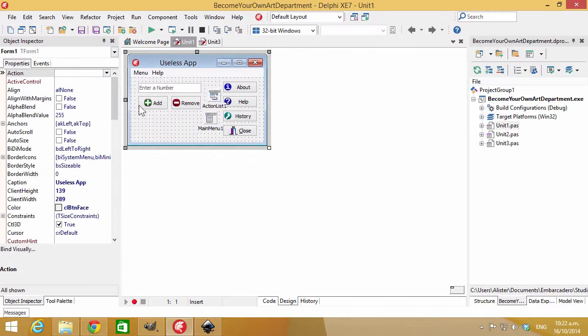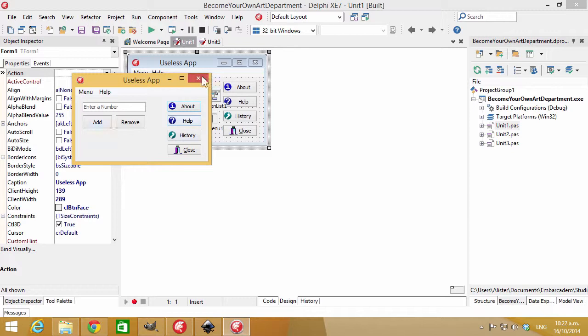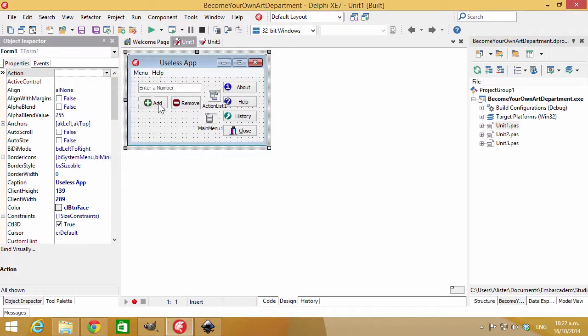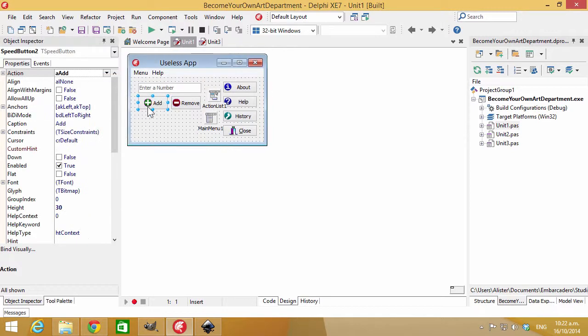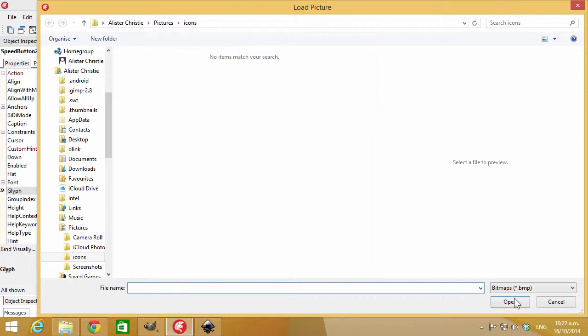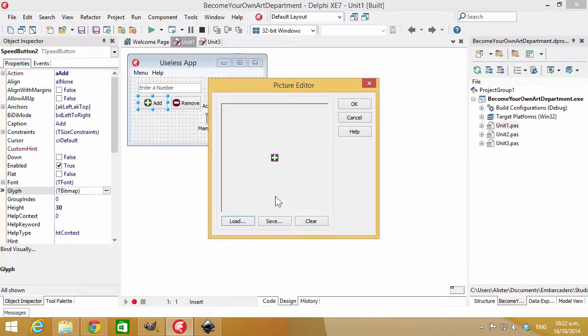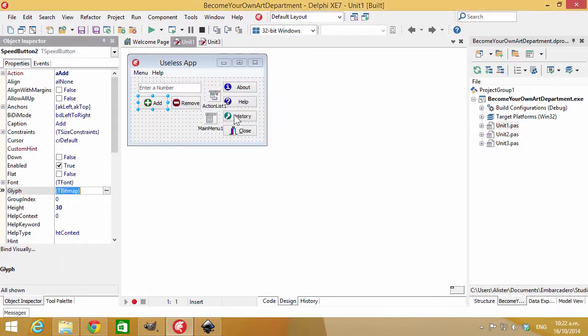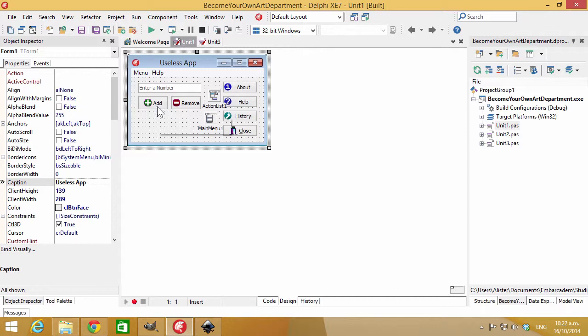But you notice these don't quite look right, and if I run it, they don't actually work at all. I'm not quite sure why that is, but we can manually load images in the glyph property, which unfortunately requires a bitmap. I think if you have a package that uses the PNG unit, it will allow you to load PNGs at design time. But anyway,